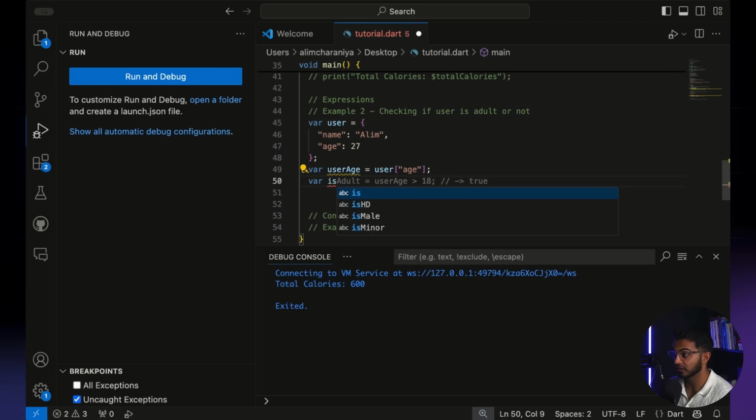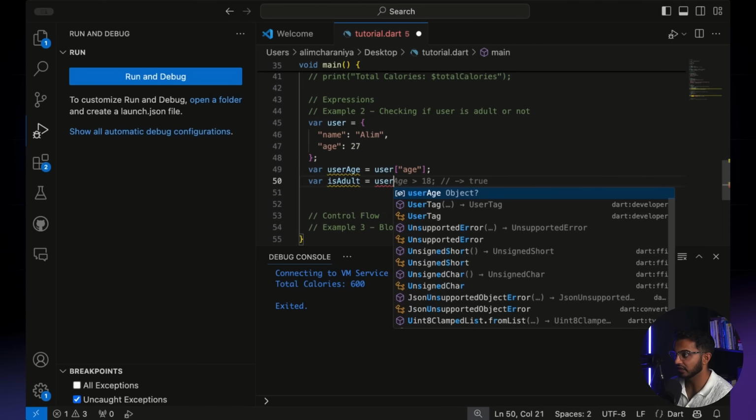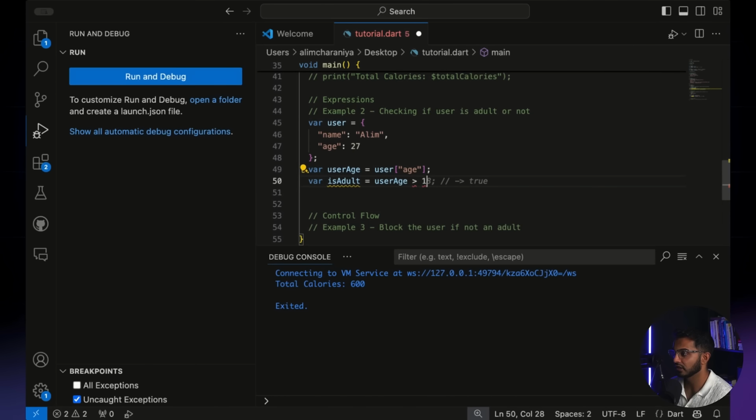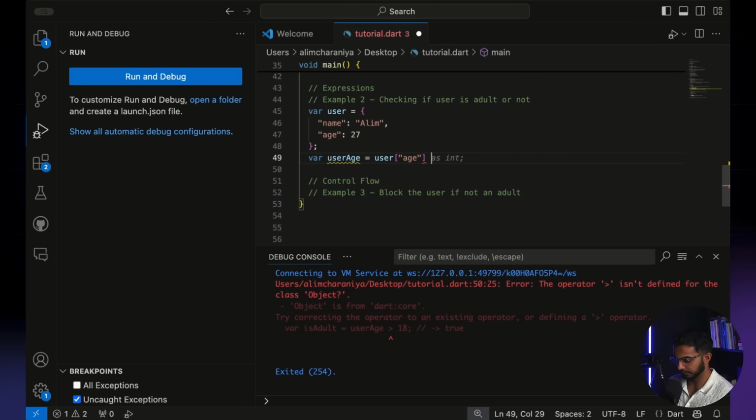I'll say var is adult equals user age greater than 18. So what you see right here is the expression user age greater than 18. That's me telling the code, hey, evaluate that expression, run that expression, tell me what the result of that expression is.